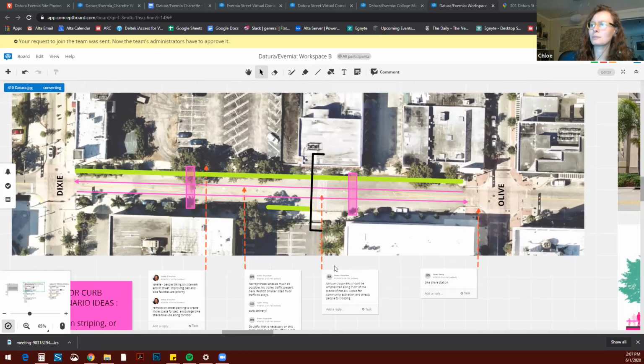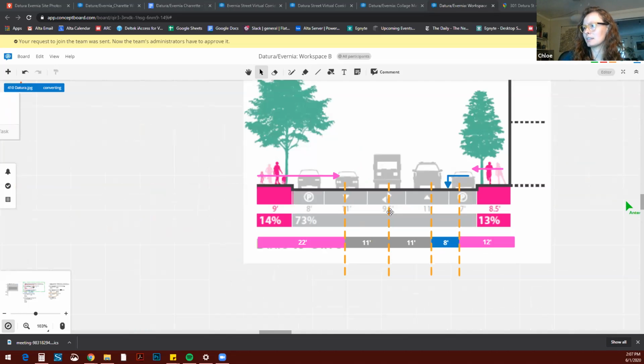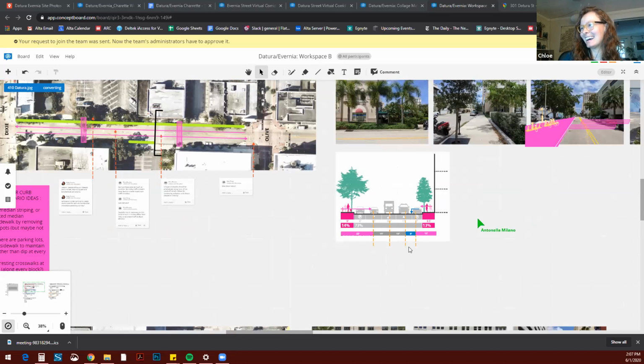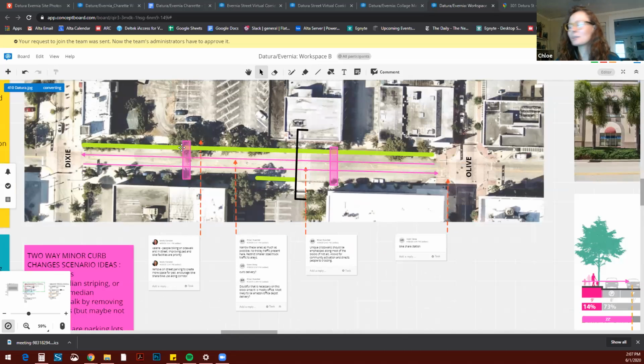It widens out so that there's this striped median, but it's not a formal median. And you can see from the section here that it gets as wide as 9.5 feet, which is kind of a tiny lane size there. So that's a great opportunity though. I thought, well, it's always nice to have a planted median that's wide enough for trees. So would that be a good opportunity here? But based on the comments that we've been seeing from stakeholders and, I believe, public comment, but I might be wrong on that,